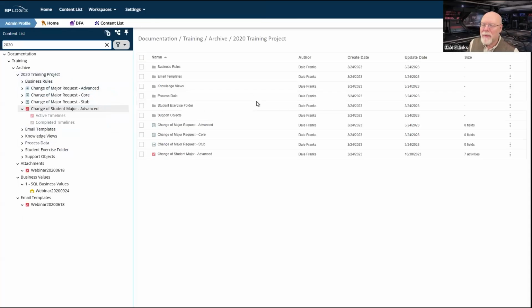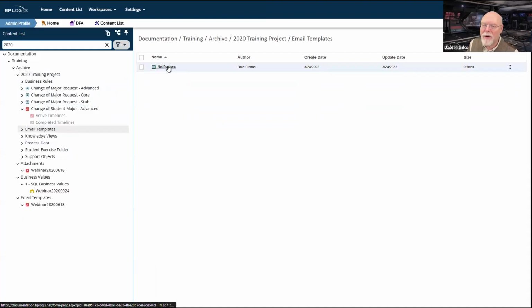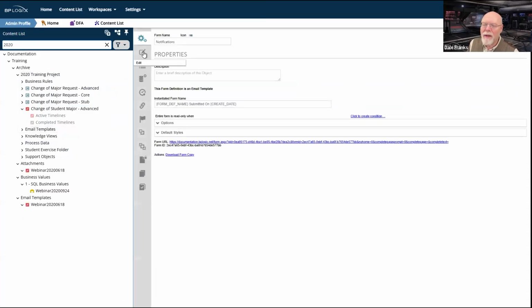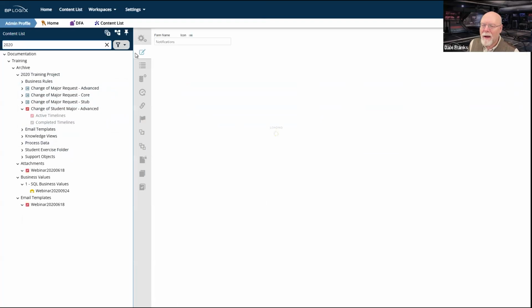I believe if we go back over here, on the other hand, and we take a look at this email template, email templates right there, and we take a look at our notifications. On this email template, I believe I have multiple notifications. It's taking forever to open up, and we are rapidly running out of time here. So I don't know why this particular server is taking such a long time to respond. But we're pretty much out of time. So I guess we're not going to be able to look at it. Nope, it's not going to load up.